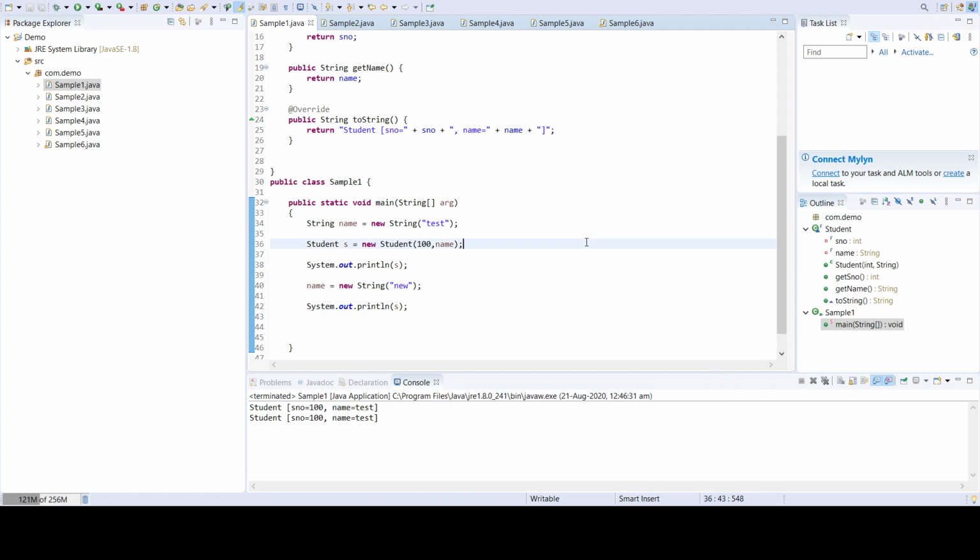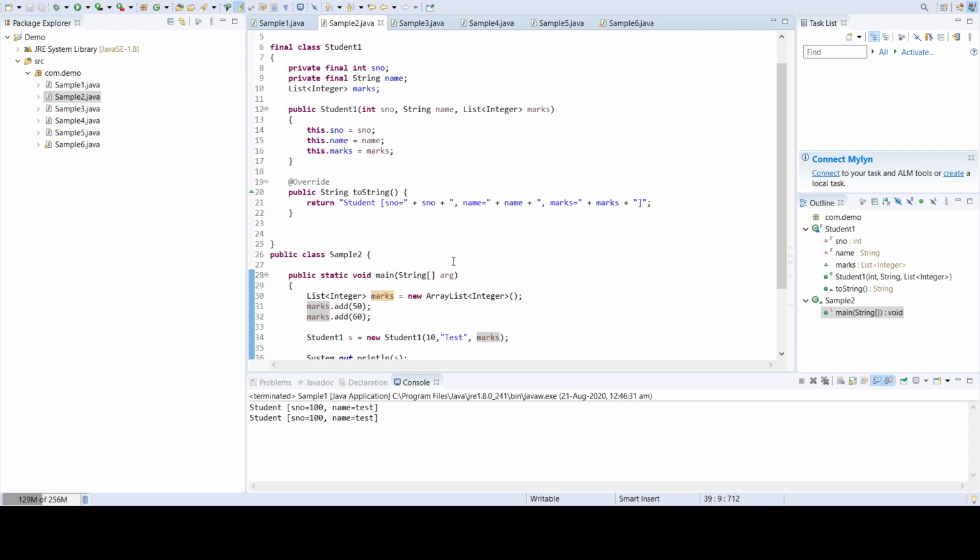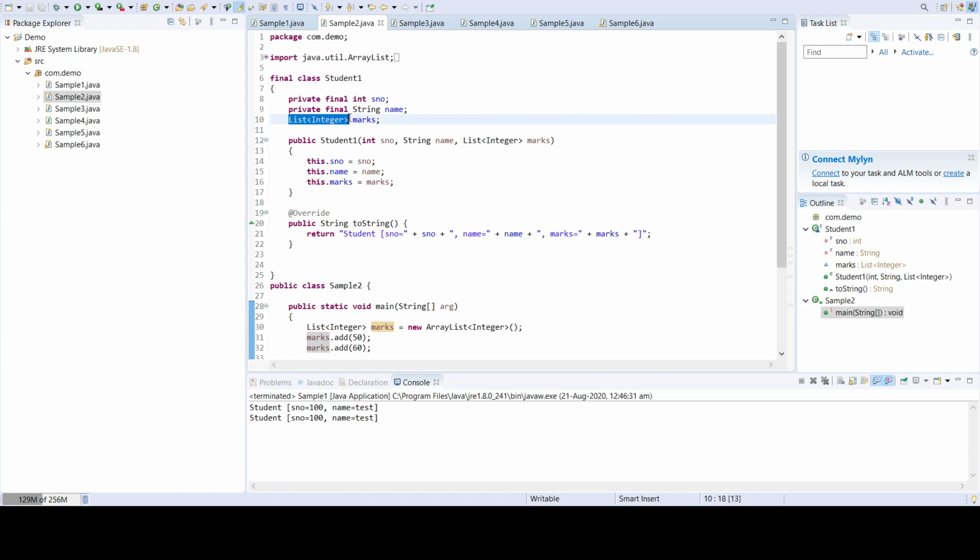This immutability can be broken in different ways. The first way is whenever we are involved with a reference, a complex object, there is a chance of breaking immutability. Here I'm involving a complex object, a list of marks, which is a part of the constructor.